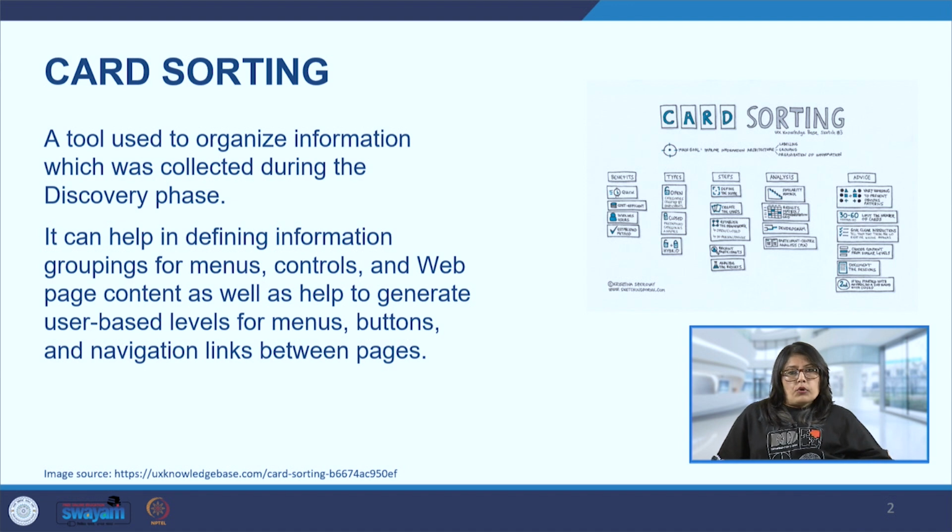So, this is a very important way in which we can understand how the architecture of our, for example, app should be. So, it becomes very important to involve the stakeholders because, for example, the users, the application that we're designing is for them, and if they're not able to find the different headings or their way around the application, then the whole exercise becomes futile. So here the participants will be categorizing the different topics under certain themes, and that helps us know how they see this information clustered together.